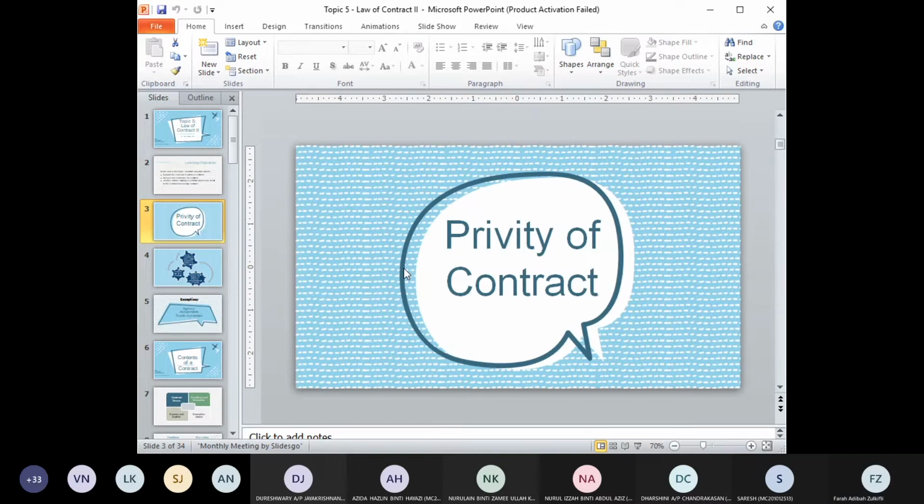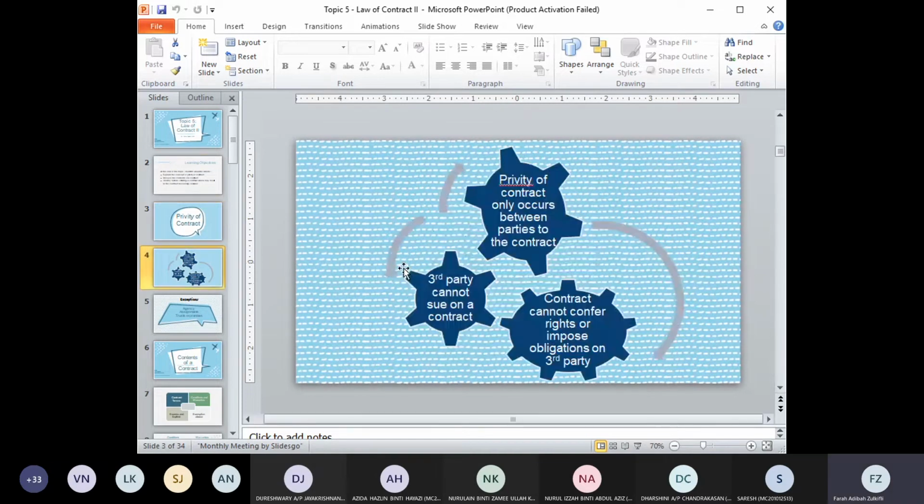So first, we will look at the privity of contract. Privity of contract is a simple concept which states that a contract only occurs between parties to the contract. So if you want to take any action under any contract, first you must make sure that you are parties to the contract. You must be one of the people who enter into the contract, because a contract cannot confer rights or impose